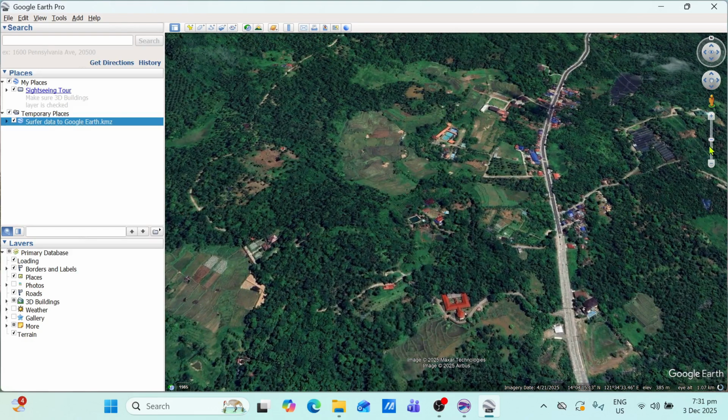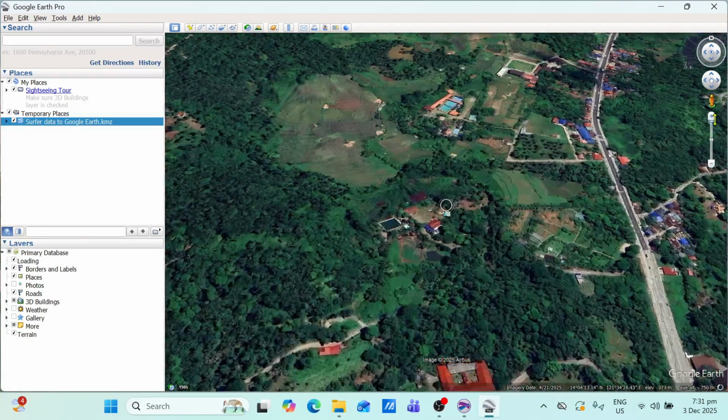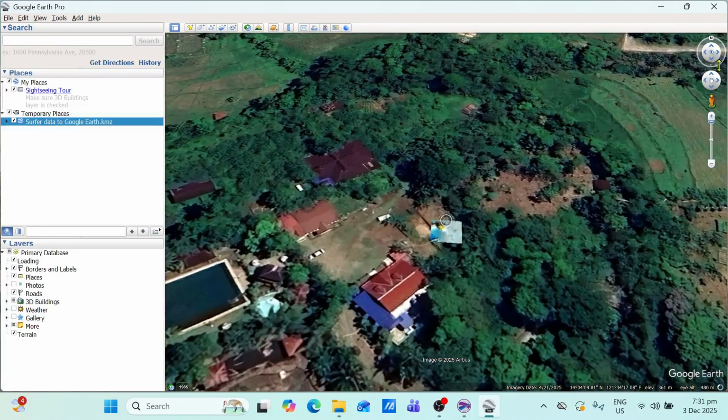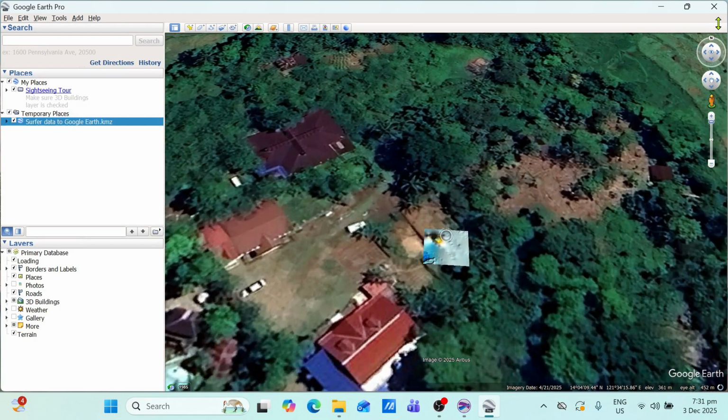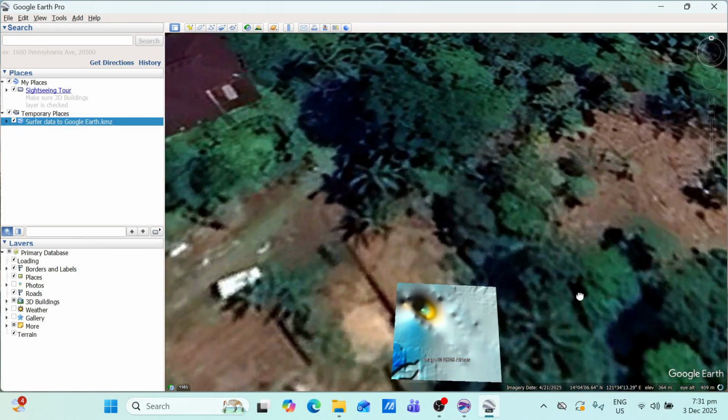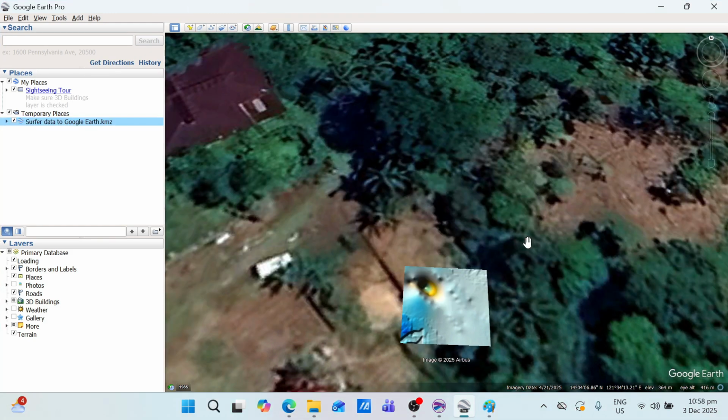And then maximize. Yeah, now we have the Surfer data in the Google Earth.